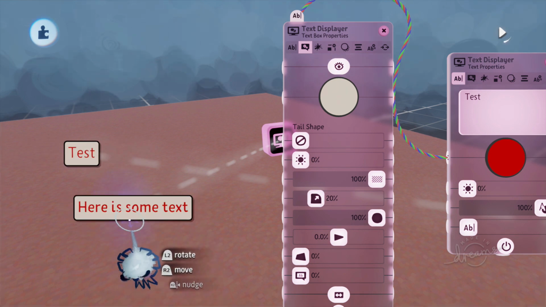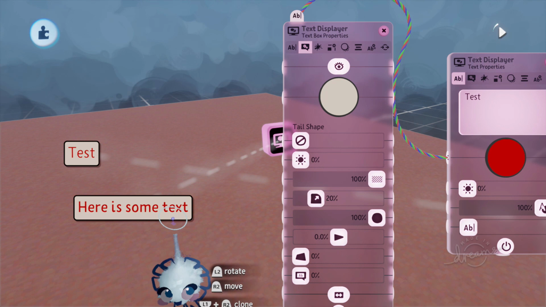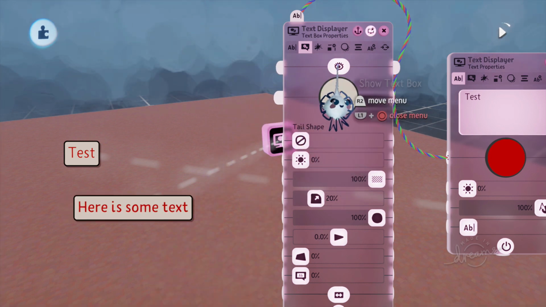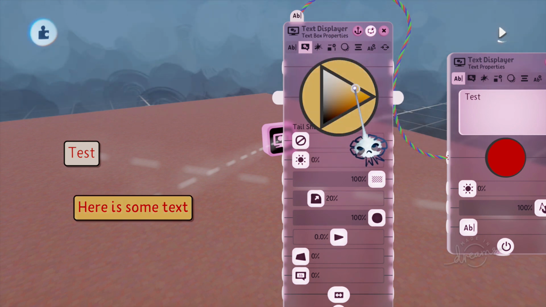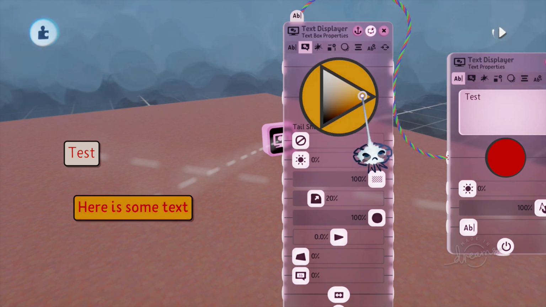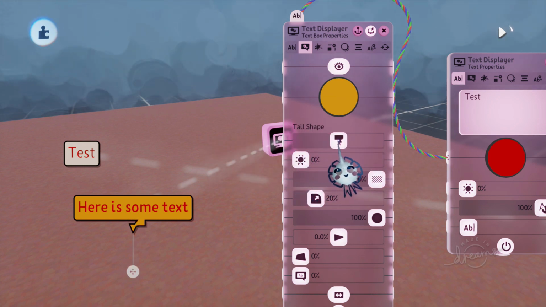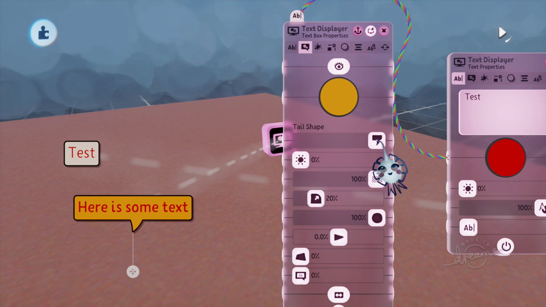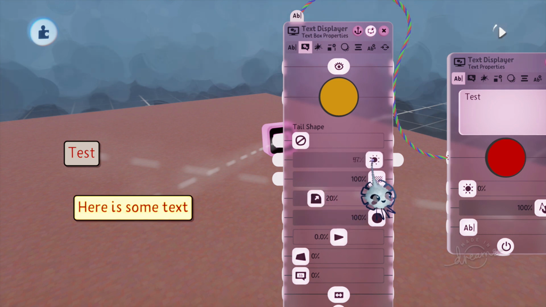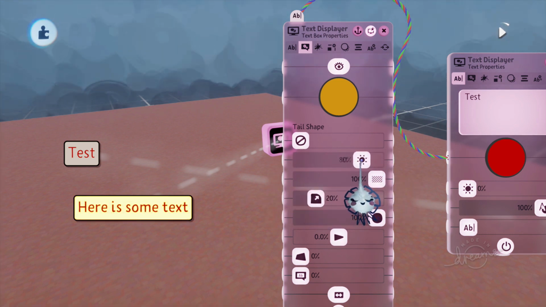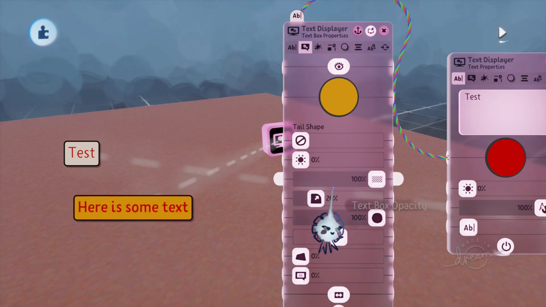Right, next box. This is the text box properties. As you can see, these text boxes come by default with a background box. You can get rid of it like that, and you can change the colour of the box itself, like so. You can also add a tail, so you can make this into a speech bubble. Different options there. And you can up the brightness of the colour of the box, and you can change the opacity,